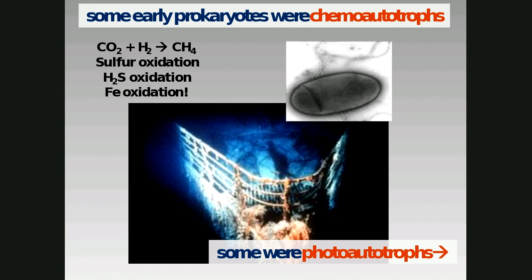So some of the early prokaryotes were chemoautotrophs, and some were photoautotrophs. Photoautotrophs would have been the ones that took advantage of all the sunlight. The chemoautotrophs maybe evolved around the geothermal vents, maybe around some of the volcanic activity. Maybe chemoautotrophs and photoautotrophs were evolving at the same time. Nobody knows for sure. But photoautotrophs would have come on the scene,